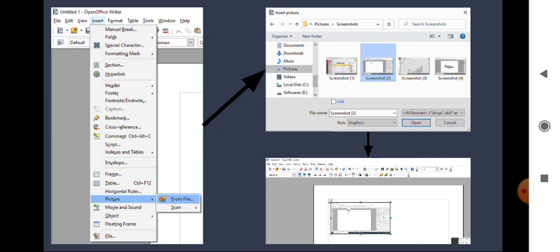The pictures are there, and now you just select your desired picture and click open to add the picture to the document. And you will find the picture, whatever image you have selected to insert, appears in your document in OpenOffice Writer. So this is the way to insert a picture into our document.